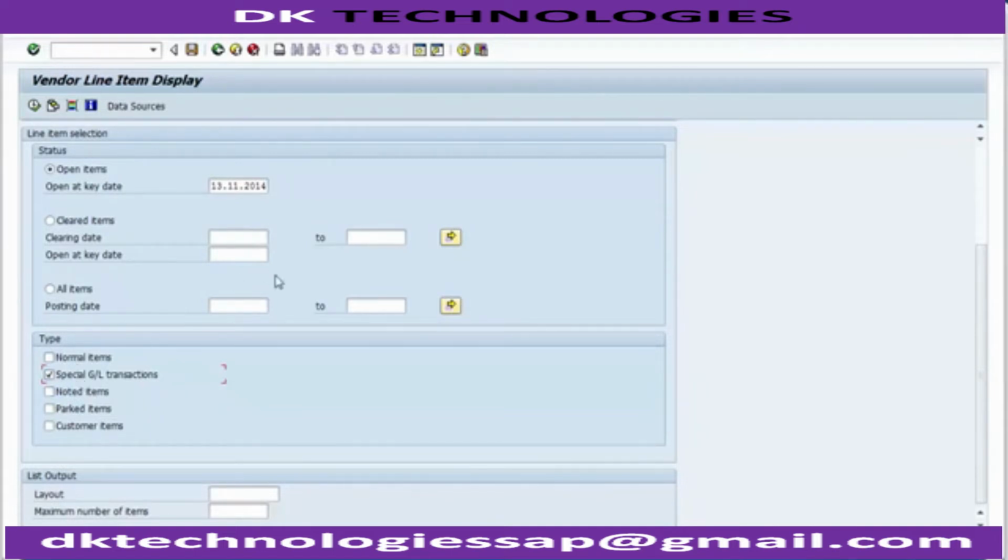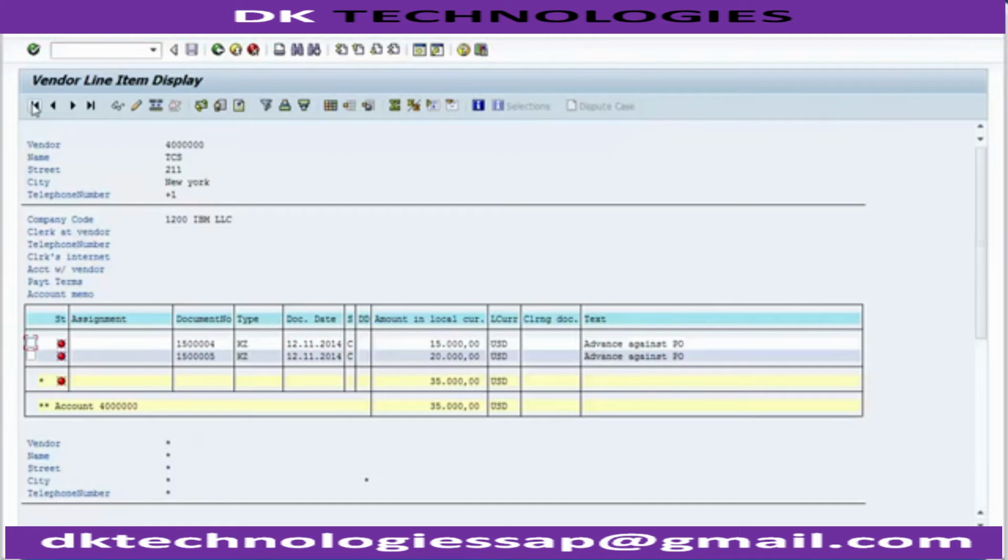Why? Because making a down payment is a special GL transaction, as discussed in the beginning. If I want to see only the down payment, I need to select the special GL transaction. Once you select this and process the open items, it will show you the down payment made to the vendor account. You can see the down payment has been reflected, 20,000 and 15,000. Today, just a couple of minutes back, we did this particular document posting, that is 20,000,